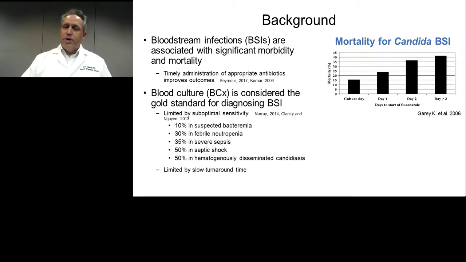Blood cultures are considered the diagnostic gold standard for identifying bloodstream infections. However, we know that these are limited by suboptimal sensitivity ranging from 10% among patients with suspected bacteremia up to 50% in patients with septic shock. And we know among patients with Candida bloodstream infections who have hematogenously disseminated candidiasis, sensitivity is also 50% or less. And blood cultures are further limited by slow turnaround time, which delays the institution in many instances of appropriate antimicrobial